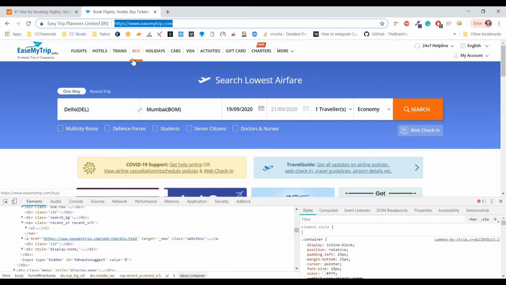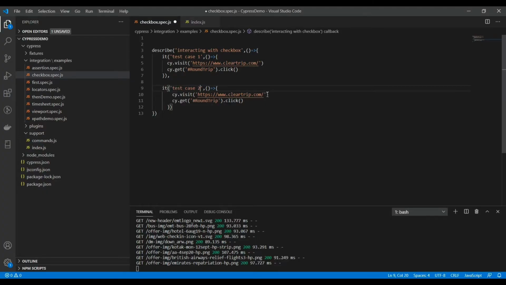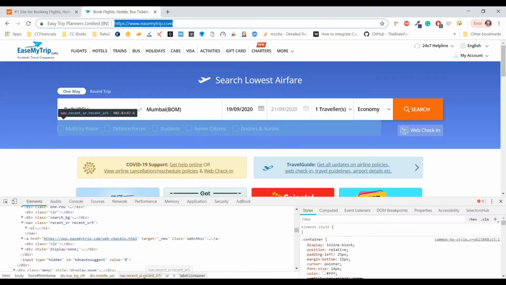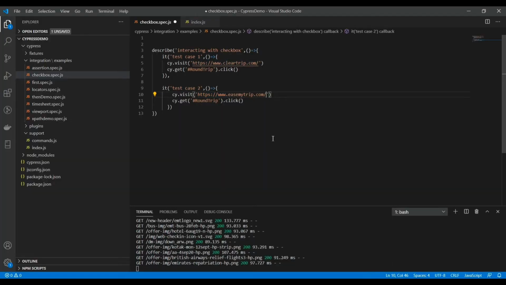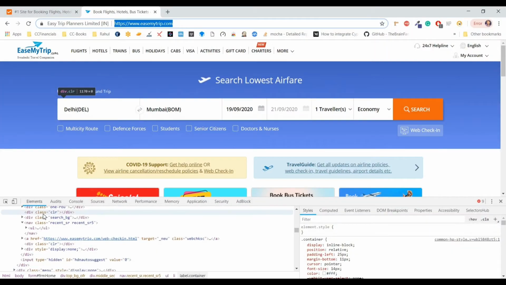And I change the URL of the website since we are visiting a different website. Now here I can provide the ID for the first checkbox which was available.